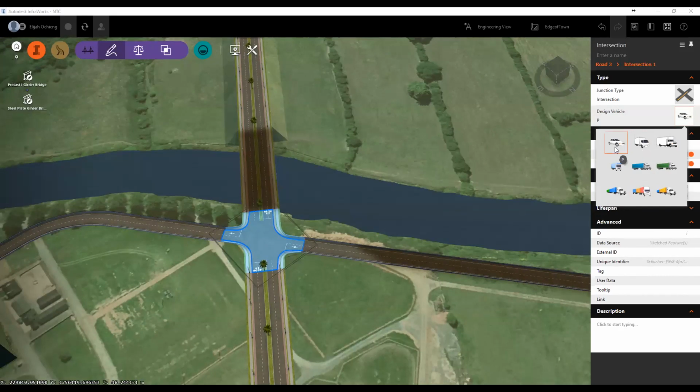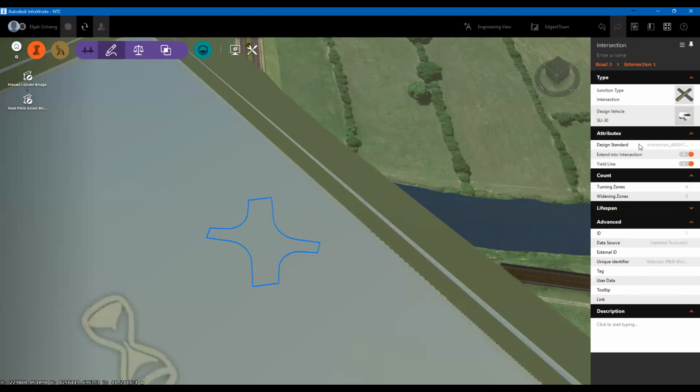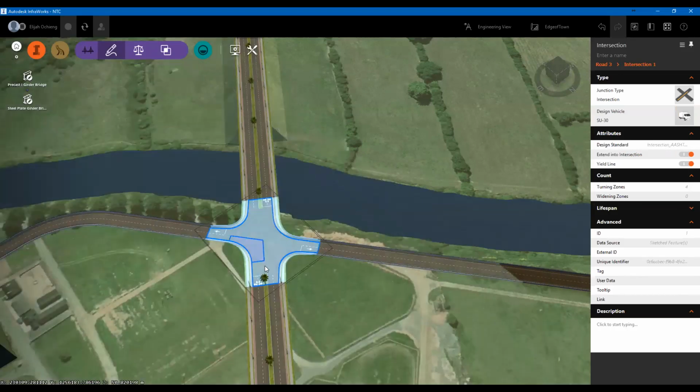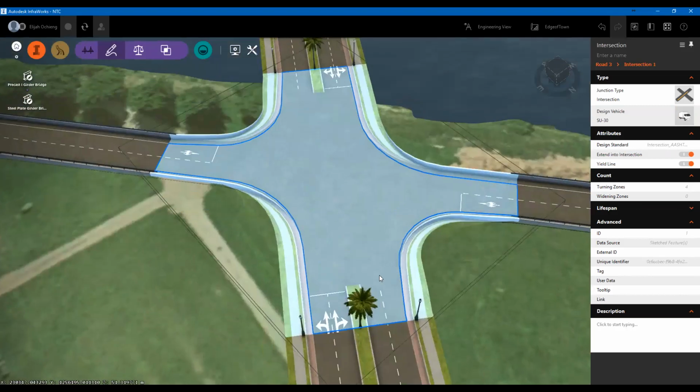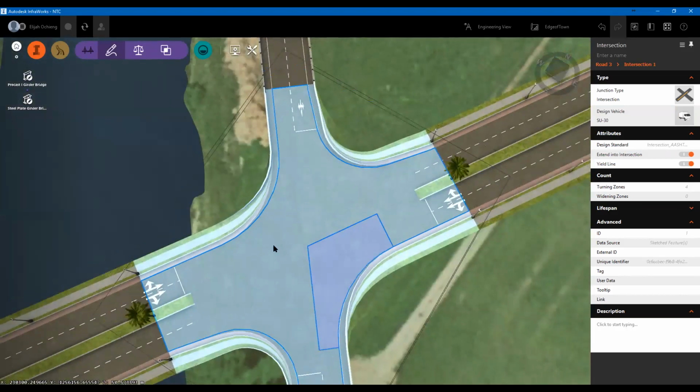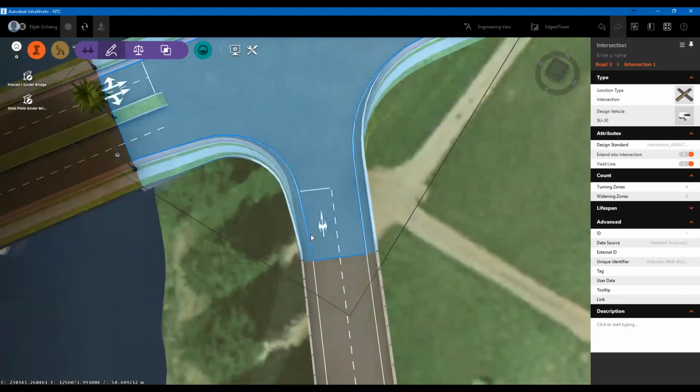Right now, it assumes the smallest design vehicle, that is the class P. So if I select the next design vehicle, you will see the intersection automatically changes and the model refreshes. So it's very, very easy to work on your intersections and make changes. So even if I want to introduce